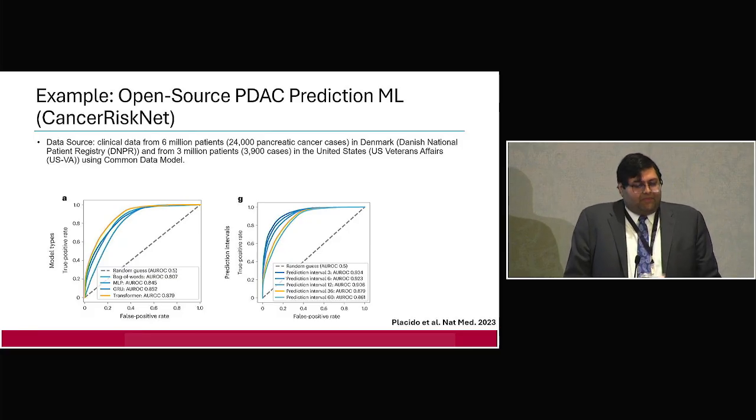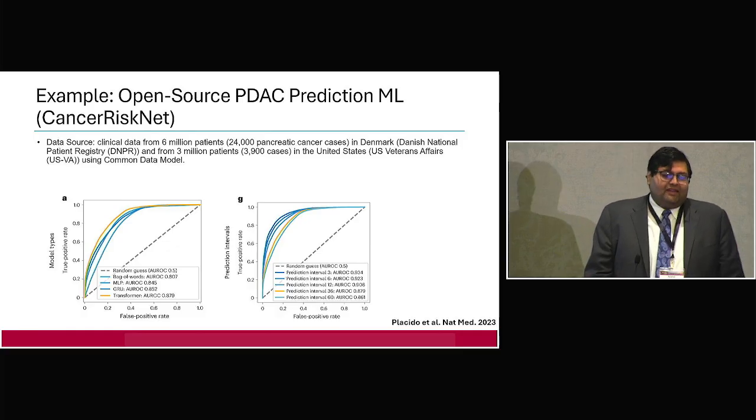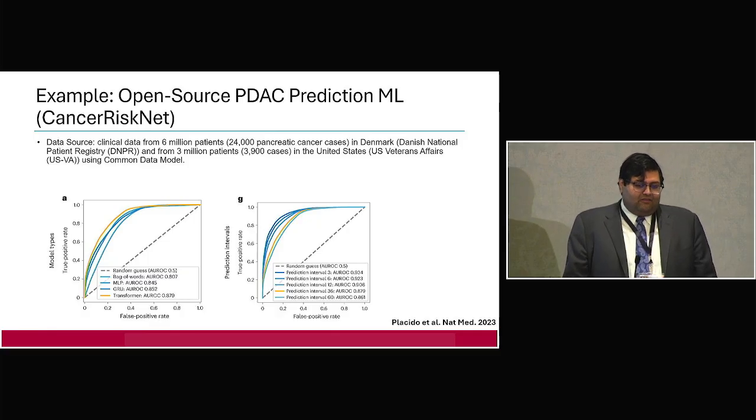This was a really nice paper in Nature Medicine, and what they did is they used an open source R machine learning tool, and they fit a machine learning model to predict PDAC with data at least 6 months prior to developing pancreatic ductal adenocarcinoma in a data set of 6 million patients in Denmark. They then validated it with 3 million patients in the Veterans Administration's clinical data warehouse, both of which use the